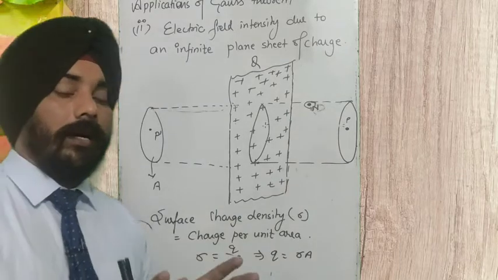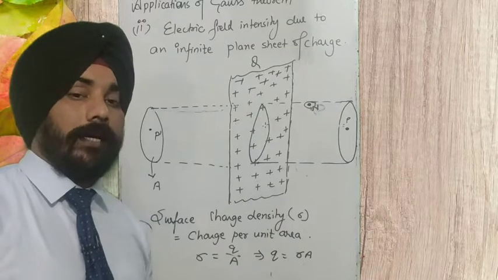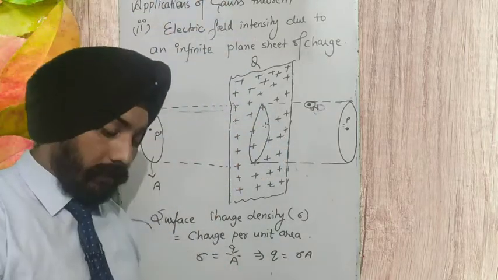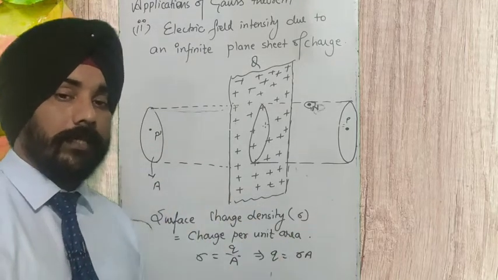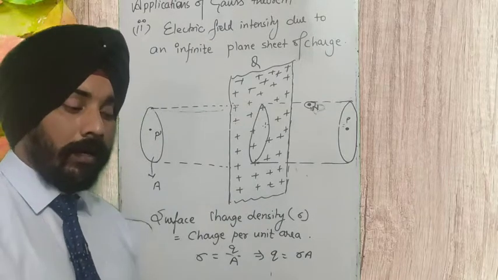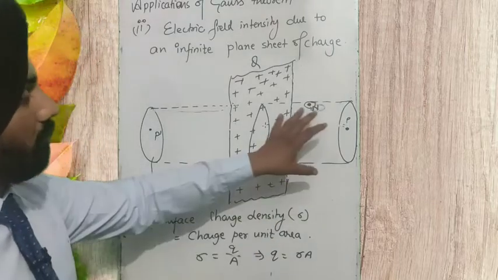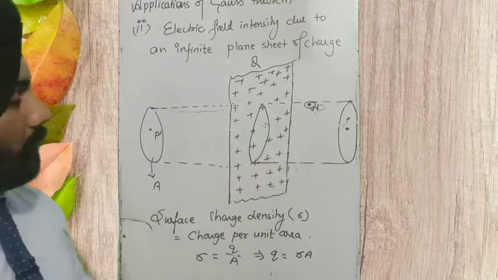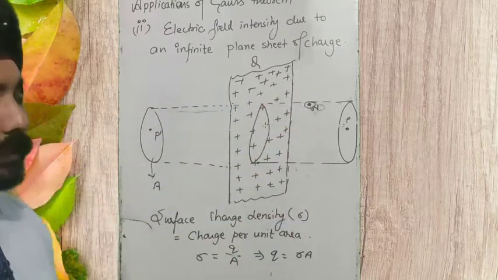When we were calculating the electric field intensity due to a line charge, I made 3 points: one at the upper cross section, one at the lower cross section, and one on the curved surface. We wanted to see how much electric flux passes through each place. There also we have to apply the same: we have 2 cross sections and 1 curved surface area, and we have to know whether electric flux is passing through the curved surface or not.